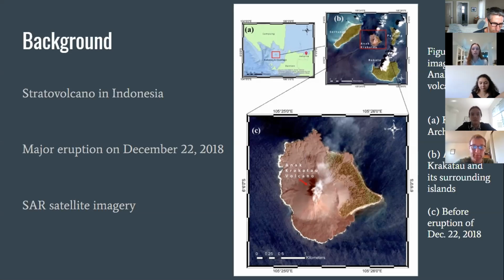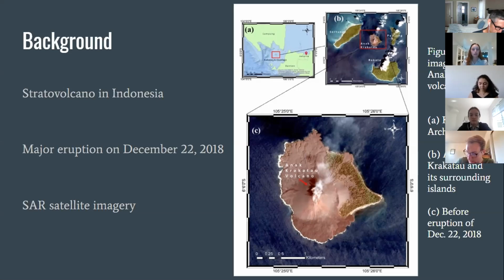It emerged around the 1930s and has been building up composite layers of lava and pyroclastic deposits with relatively frequent eruptive activity. And so the focus of this study is on the most recent eruption that occurred on December 22nd, 2018,